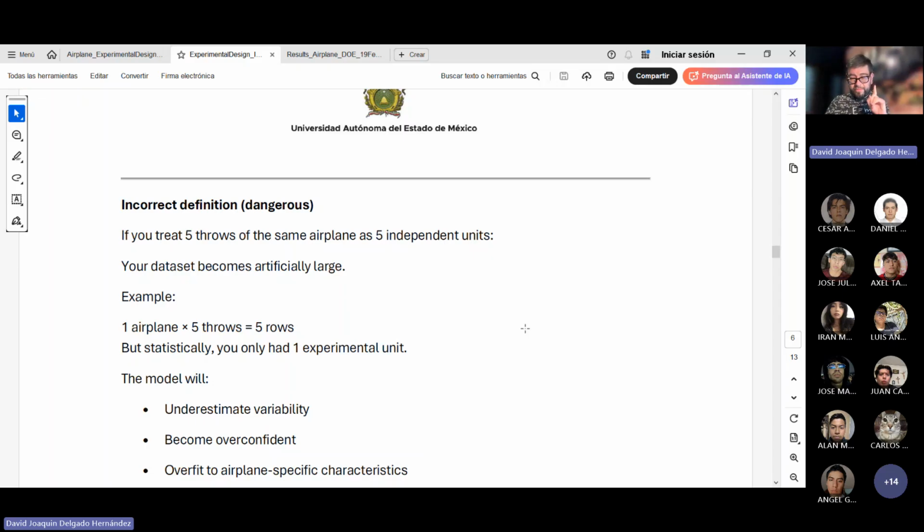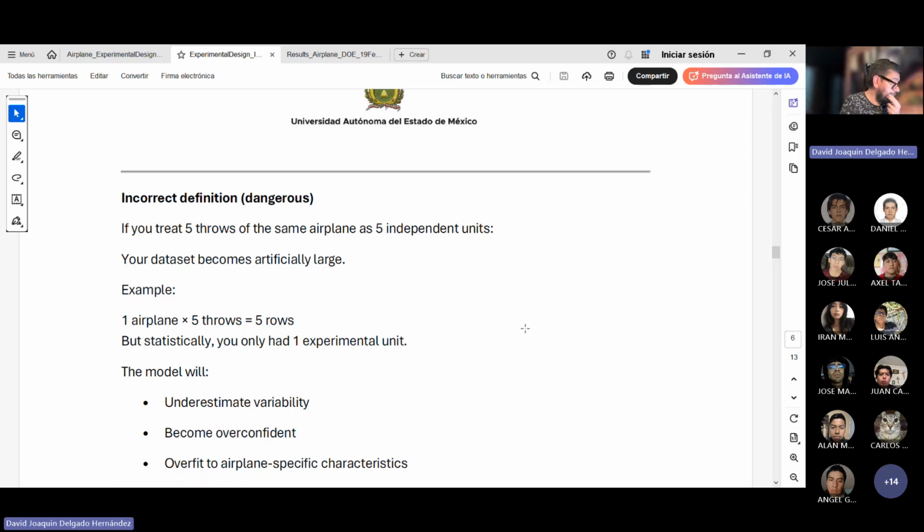So be careful not to build just one airplane and throw it 24 times. That will not be correct, okay? That will not be correct because I am just looking at one airplane. What I have to do is to look at different airplanes, different experimental units, and have samples of each airplane, not just one airplane and so many different samples. No, that's not correct